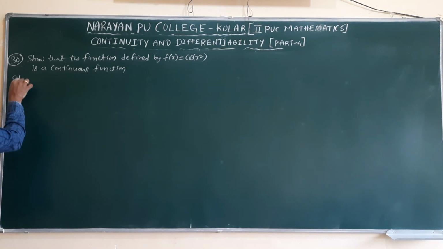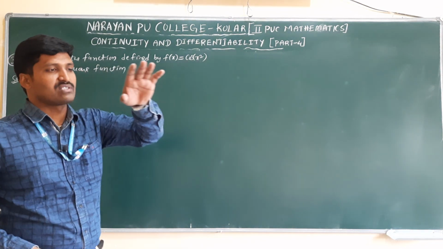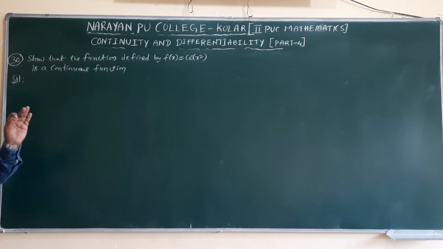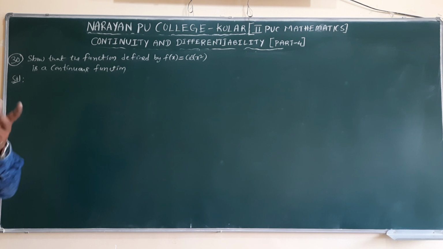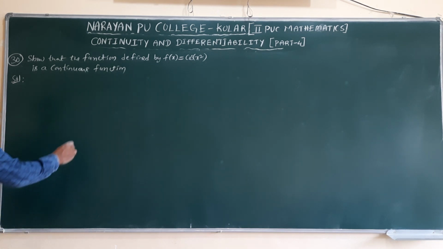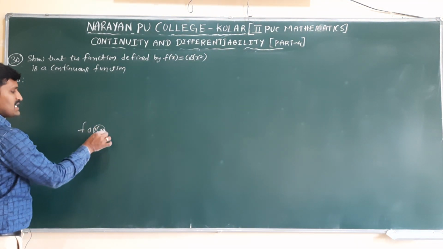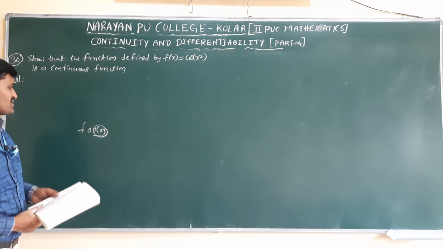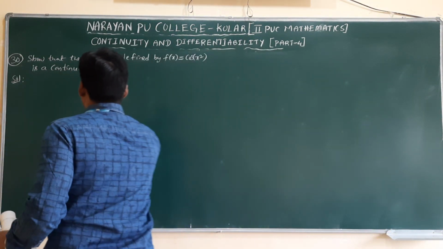Now we already use the composition concept. When any two functions are continuous, then the composition of the two functions is also continuous. In f circle g, where g is continuous at c and f is continuous at g of c, how do we check that f circle g of x is continuous? g is continuous at c and f is continuous at g of c. Finally, f circle g is continuous at the point c.